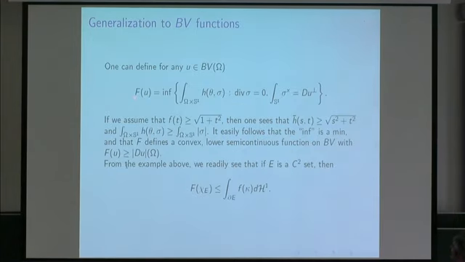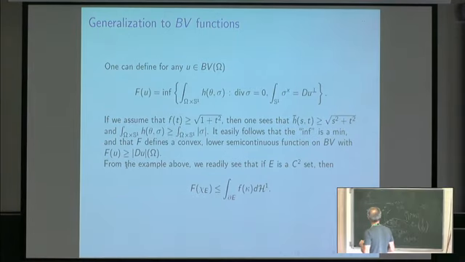So we extend this to any function as follows. We take any function with bounded variation because we want essentially the gradient to be a measure. And now we don't consider only the measure associated to curves. We consider all the measures with zero divergence, such that when we average them, we find the gradient up to a rotation of 90 degrees. Okay, so maybe they are not known. In that case, the functional is infinite. But you see for the characteristic function of a C2 set, for instance, there is at least one,